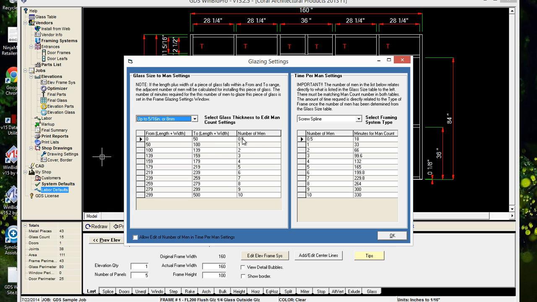And these numbers here under number of men, it's more of a reference number than the actual number of men you need. Like, you know, for this size piece of glass, you really don't need 10 men. You might have a crane and 3 men or something, you know. So it's just a way to reference how much time is required to glaze a certain size piece of glass. So another change that I made, and I mentioned this in the last webinar,